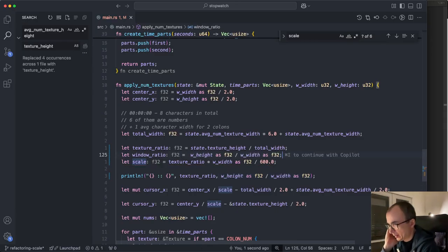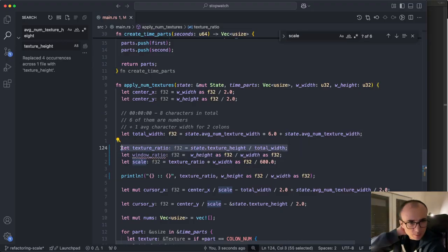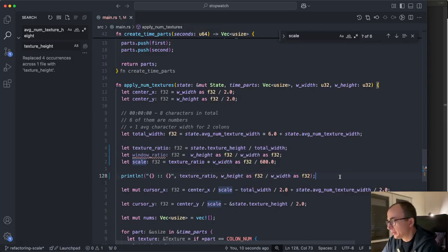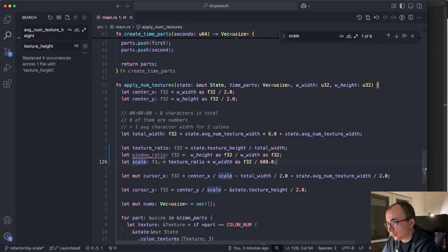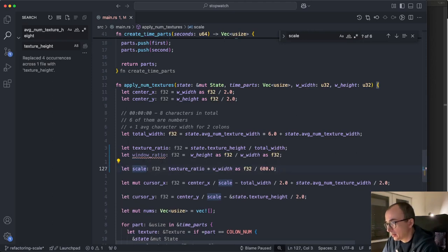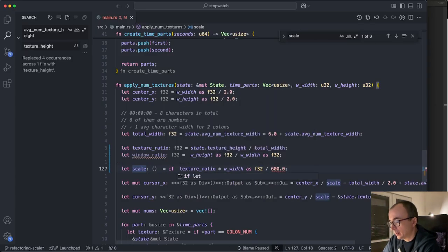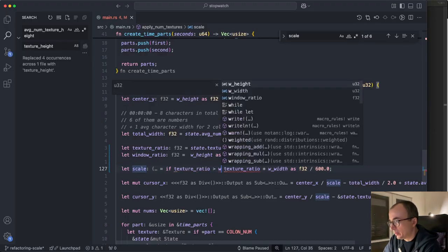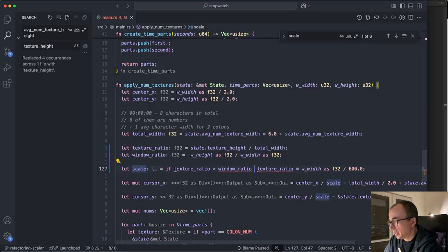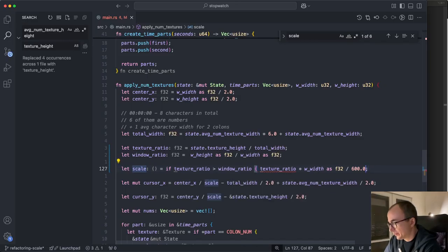Actually, texture ratio is not something that will be changed every frame, but whatever, it's not that time consuming or resource consuming. Okay, so if texture ratio is bigger than window ratio, I'm using this logic. Otherwise,